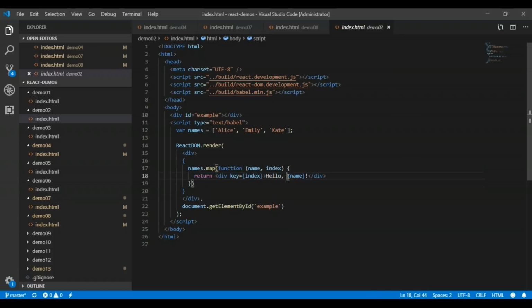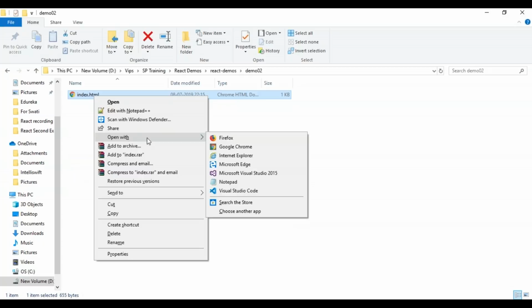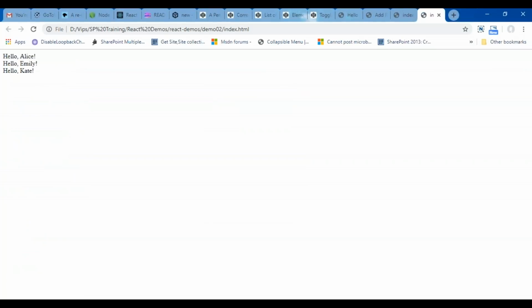Now you see here, this name is represented in curly braces as an attribute, because if I don't put it in the curly braces, it will be considered as simple text. So let me save this file and run this. You see here, hello Alice, hello Emily, and hello Kate.